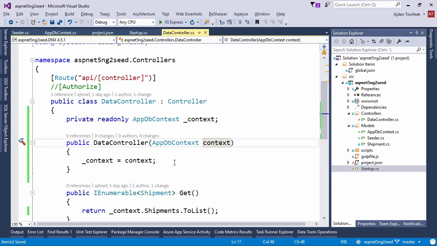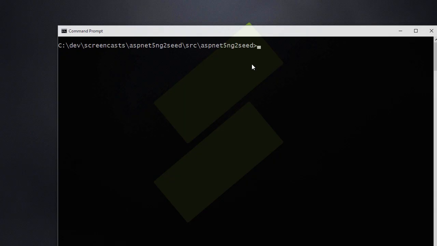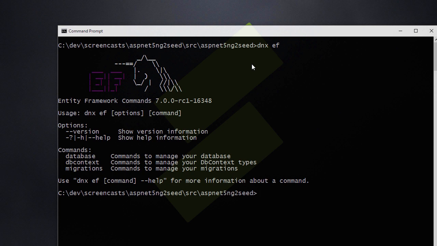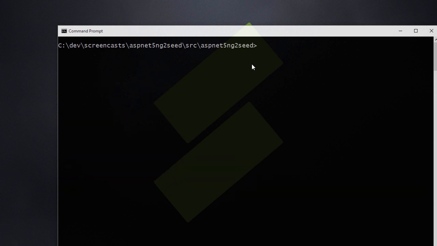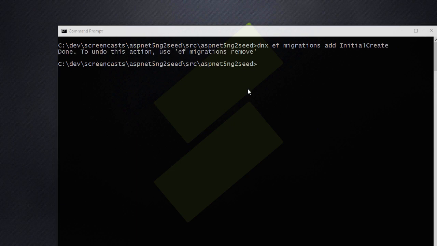So now let's switch to the command prompt and actually generate migration scripts to create our database. Since we added the ef command, we can type dnx ef and run EntityFramework. So we're gonna add our first migration scripts. We're gonna call it initial create. And if we switch back to the studio now,